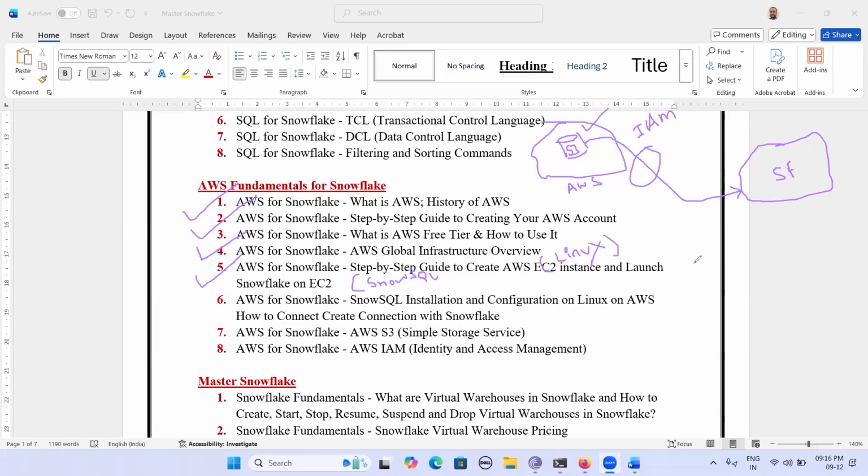Before this, in Windows, we are going to see SnowSQL installation. Then we are going to see moving local file system data from Windows machine to Snowflake. Then once we complete EC2, we are going to see moving data from Linux to Snowflake. Both the environments we are going to see. Once this one is completed,